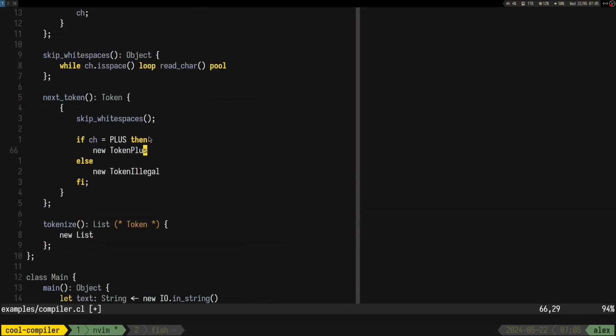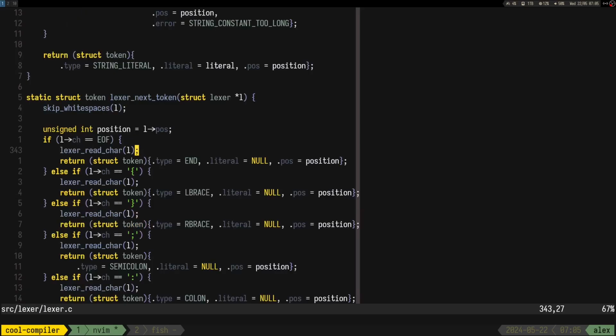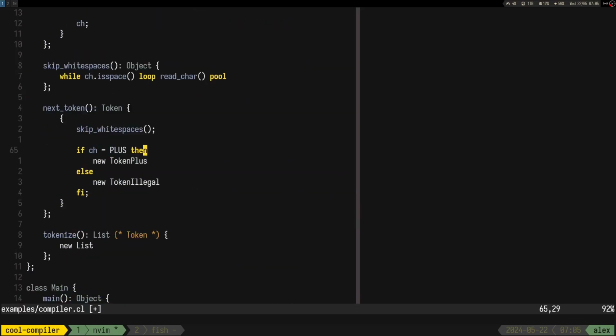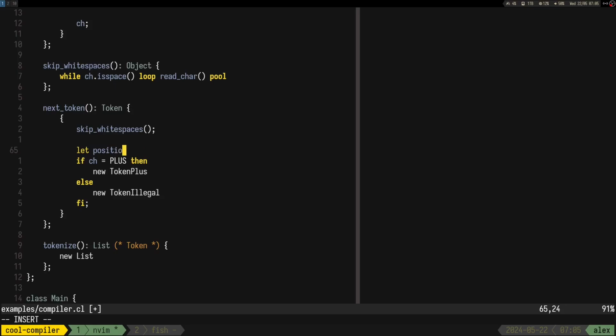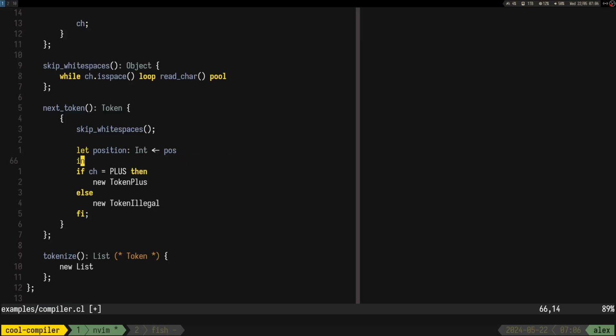So let's do let position is an int and it's equal to pos in.